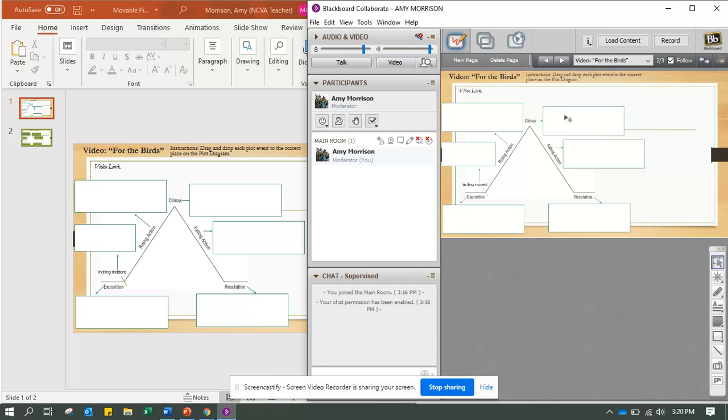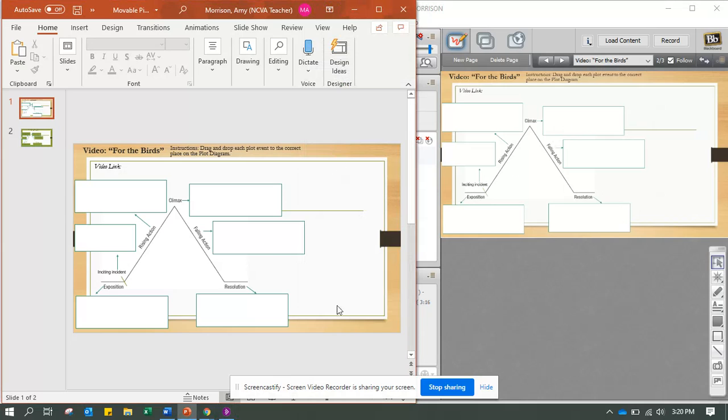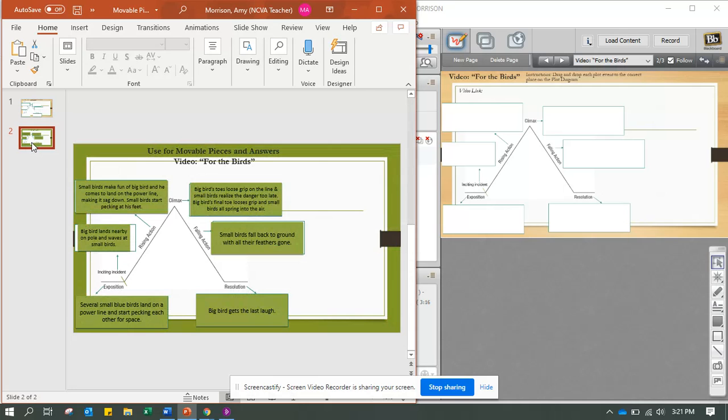I have my whiteboard file uploaded, and then you can see it's a blank. I did not put the movable pieces on this slide. I have them on a separate slide so that the static ones would not stay visible on that slide. So, and then I have my PowerPoint open with a separate PowerPoint slide that has the pieces I want to